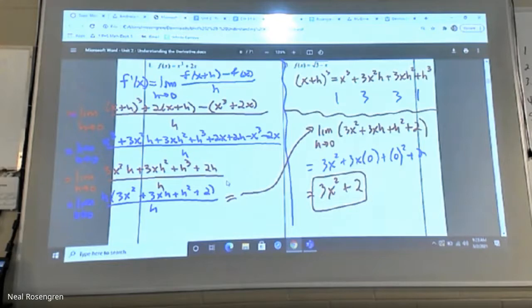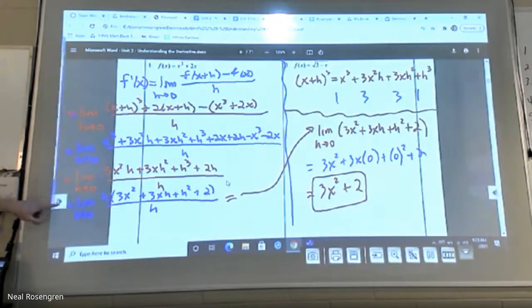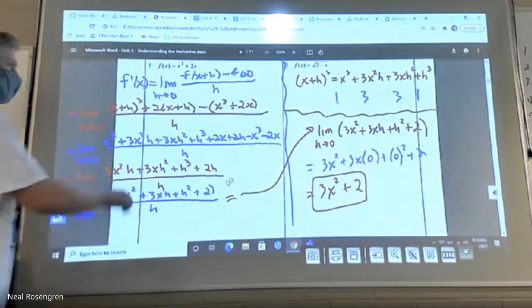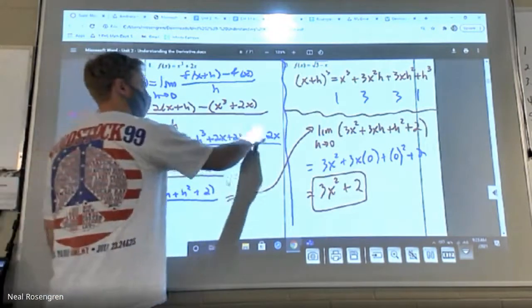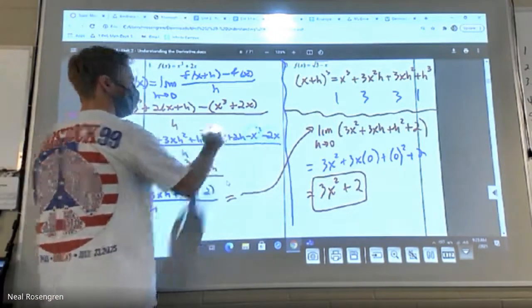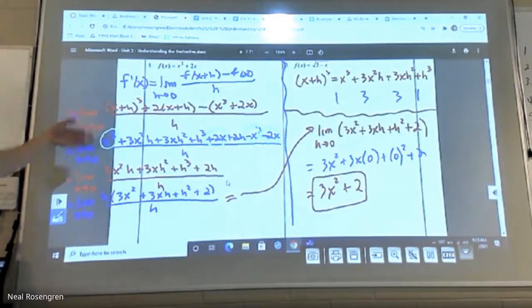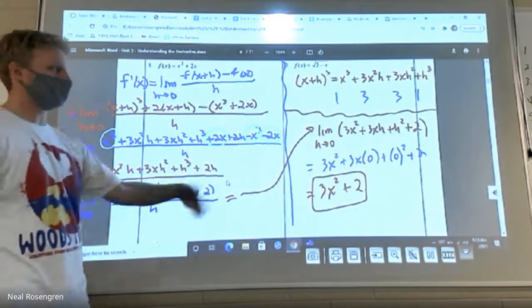Now, I definitely took my time through the algebra there. You might feel okay going a little faster, potentially skipping from this blue line after the expansion to this blue line. Like saying, all right, I see it. My x cubes are gone. My 2x's are gone. And everything else is left. So let me factor out the h right now and see what I have left.